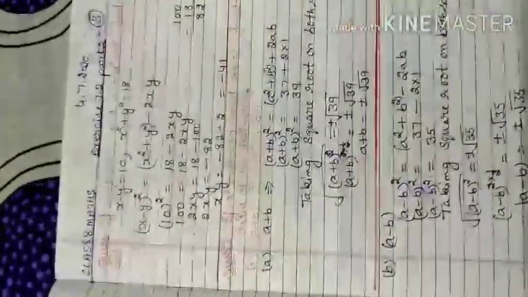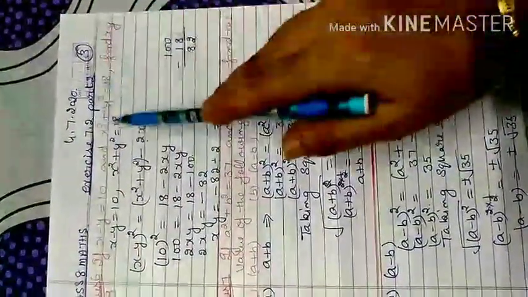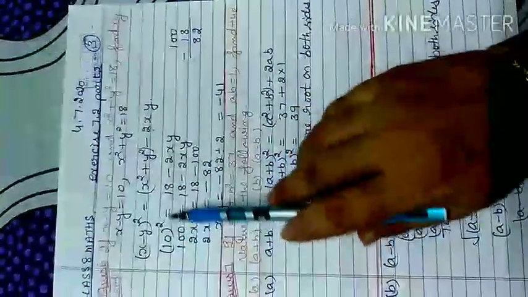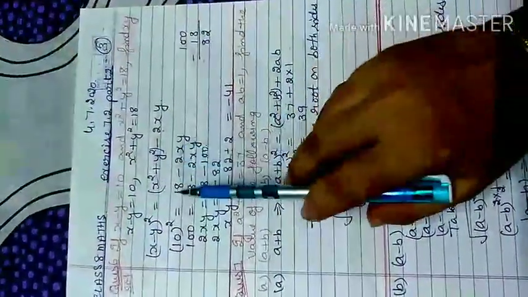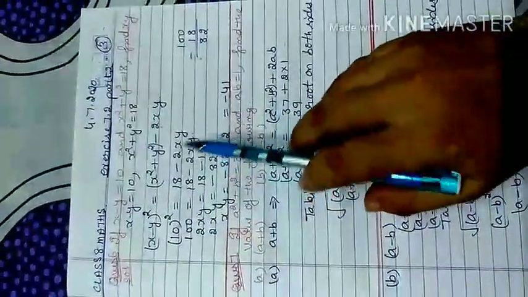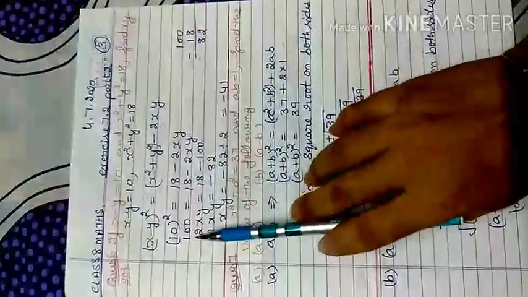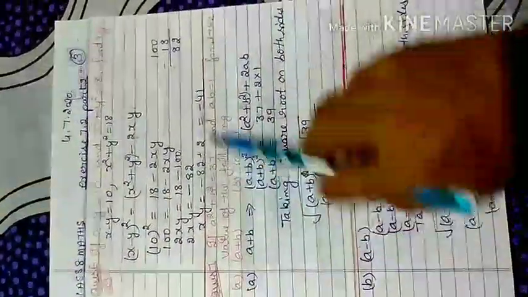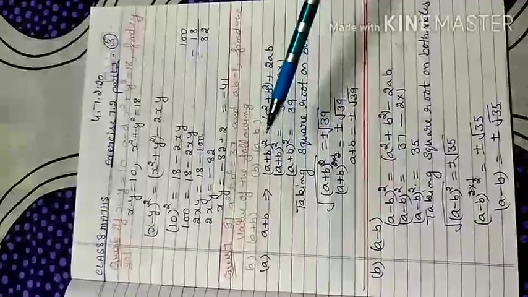Now in your sixth question, you have been given the x square plus y square value and the x minus y value. You have to find the xy value. Both terms will come under the formula (x minus y) whole square. We apply the formula (x minus y) whole square equals x square plus y square minus 2xy. So whatever values are given to me, x square plus y square is 18, x minus y is 10. So 10 squared is 100, and here minus 2xy. When you swap the term, 2xy changes from negative to positive, and 18, when 100 goes to the other side, becomes minus 100. 18 minus 100 gives me minus 82. Minus 82 divided by 2 gives me minus 41. Now in your seventh question, you have to find the value of a plus b and a minus b.